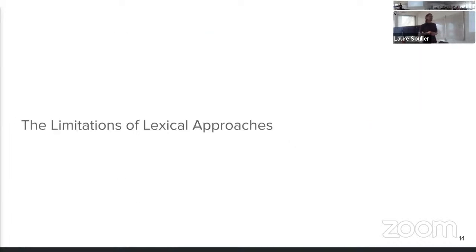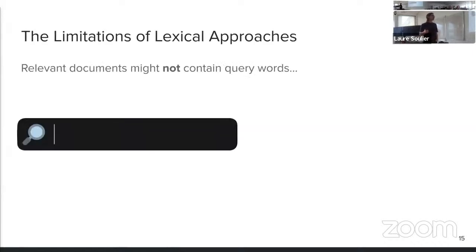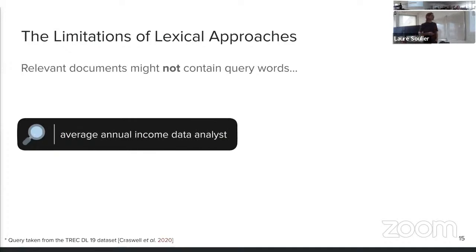So we can wonder if keyword matching is enough, and if search is a solved problem. Well, not exactly. I think we have all experienced bad search results, and there are many reasons for this. For instance, relevant documents might not contain query words. If we consider this query, still from the same dataset, we feel that there might be relevant documents that contain synonyms of the query words.